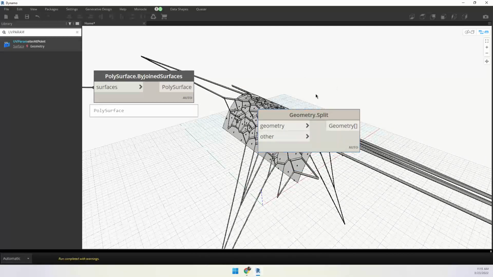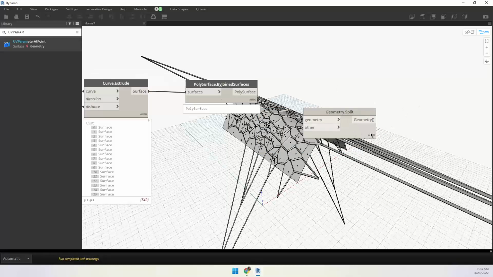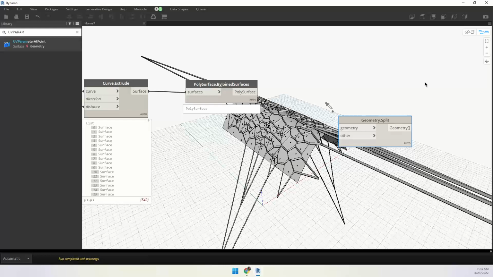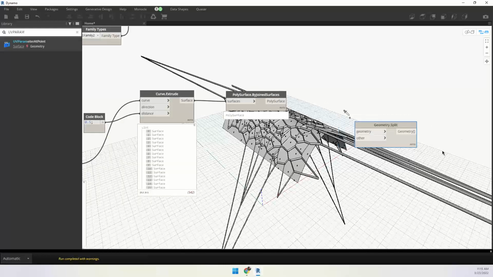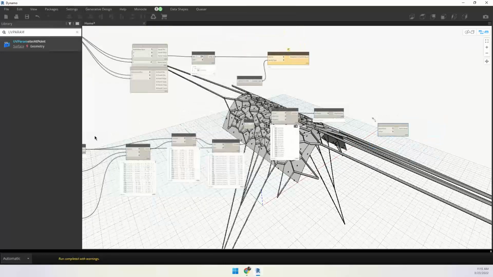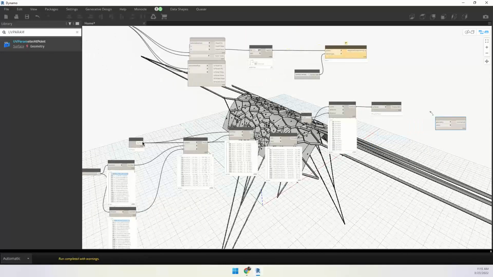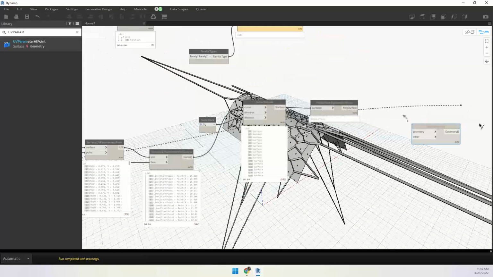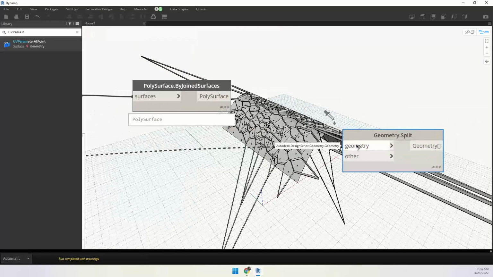So Geometry.Split. Which one has to be connected first? Just a few minutes ago I explained. Which one has to be connected here? The main surface. Where is the main surface? Here. So the main surface has to be split. So I just connect that to here. And then this polysurface will be connected this to this. And it is getting